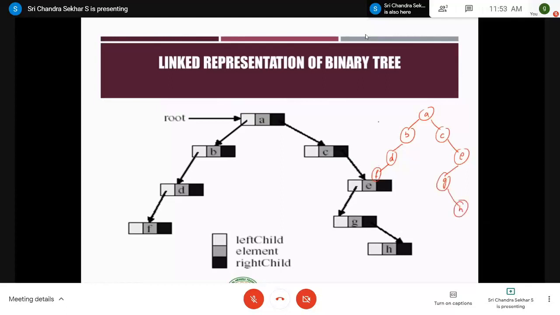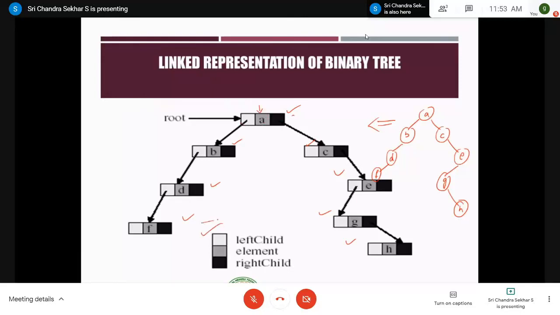So in order to represent this binary tree in the linked list representation, you have to represent each and every node or each and every element of the binary tree with a single node. Therefore, A is having a corresponding node, B is having a corresponding node, C, D, E, F, G, and H. So as I told in the previous slide, each and every node is divided into 3 parts, right? The middle part is the data part. Therefore, I am storing the node value A inside it. And it should have the left child and it should have the right child.